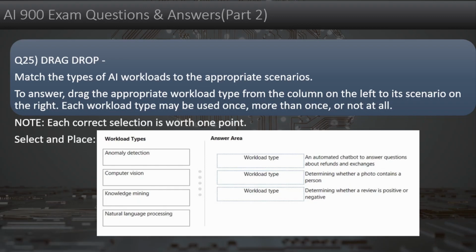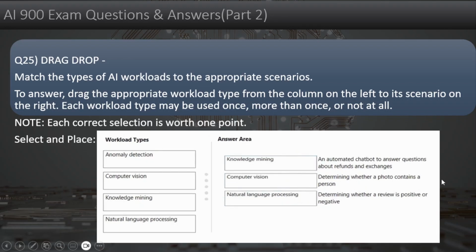Question 25. Match the type of AI workloads to the appropriate scenarios. To answer, drag the appropriate workload type from the column on the left to its scenario on the right. We have done it in part 1. So we have to drag the correct options to the correct position on the right side.